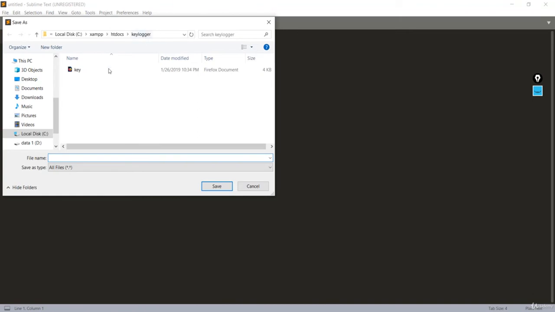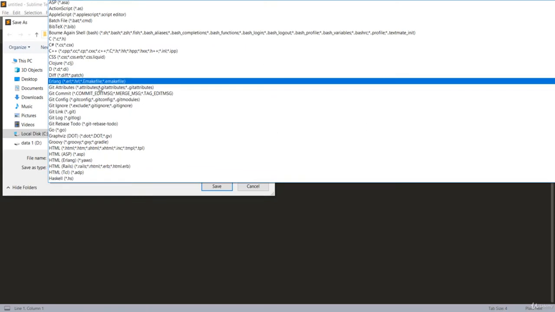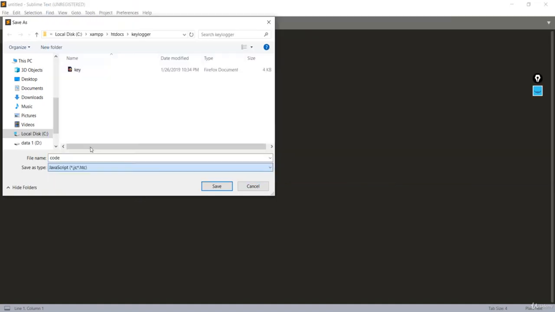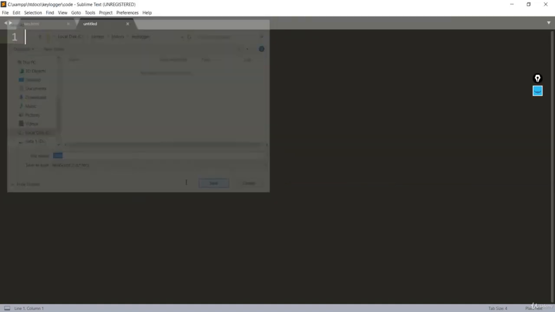Inside this keylogger, I'll name it code, and save this as a JavaScript file.